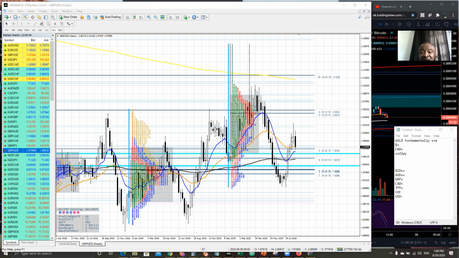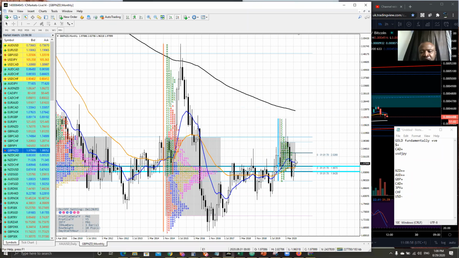Where the price is right now, it's a bit risky to say that I'm going to be a buyer, right? One of the reasons why it's a bit risky is when you look at the sell-off that we have on monthly, it's huge, right? But when you look at the overall direction, you can see that we have a low here. I kind of like a pattern like this, when we have a low here, and then we have a lower low, and then we have a rising low. It's a good pattern for continuation to the upside on the longer term perspective, right?